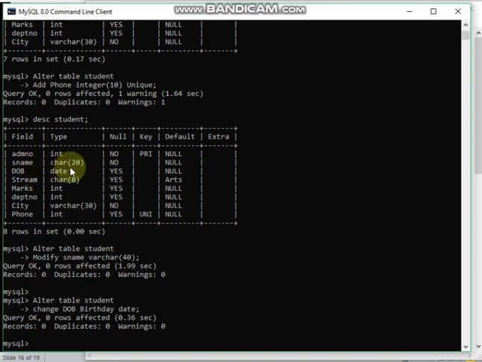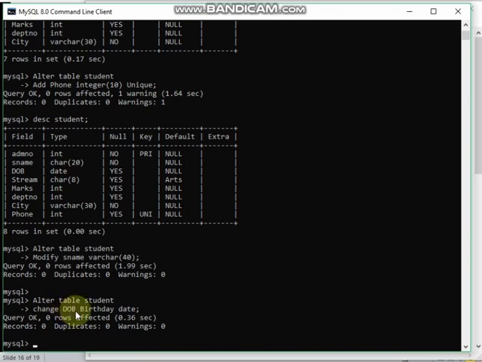It was char 20 for S name, and then I changed it to varchar 40. I modified the data type and size of the column S name. So modify is the keyword which I have used, and to change the name of a column you have to use the keyword change with the alter command.